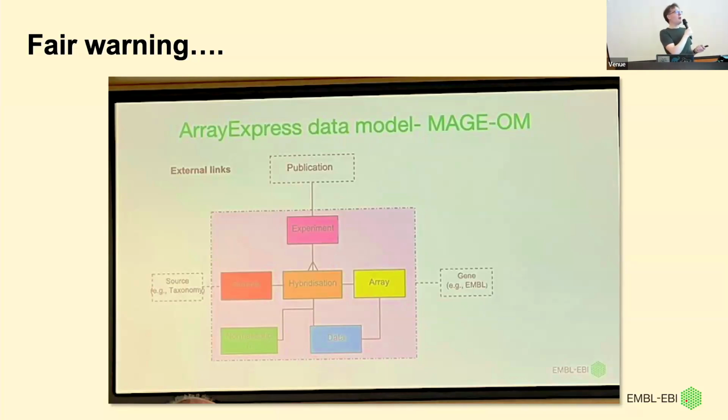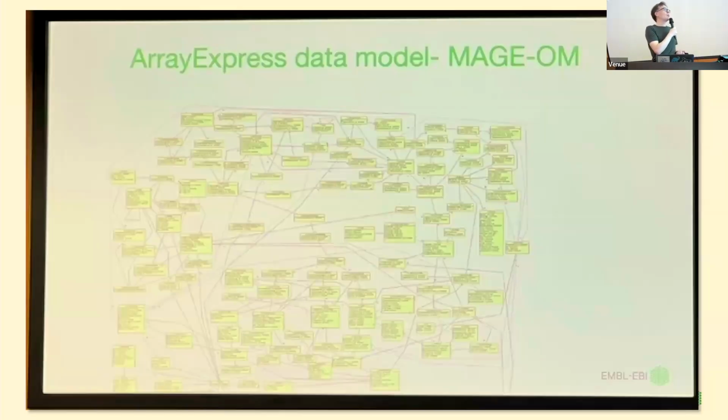And they showed how they started with this sort of simple block diagram of all the things you need to describe arrays, hybridizations, experiments, and samples. And this looks kind of reasonably simple and comprehensible. You have to think about it a little bit. And then again, when they got into implementation, the result looked more like this. And this is the sort of warning that these are the processes that we are going through collectively at the moment.